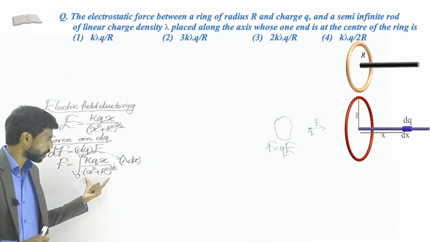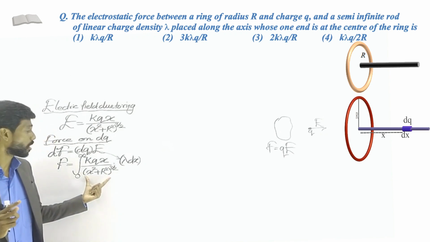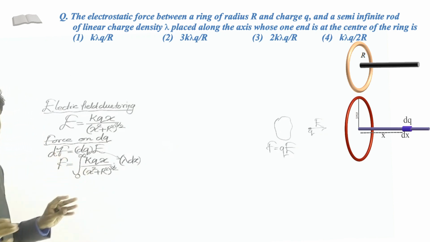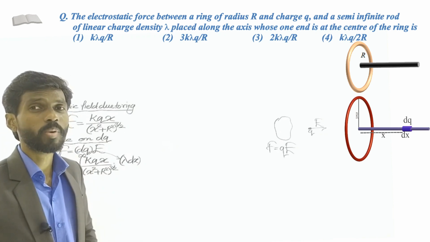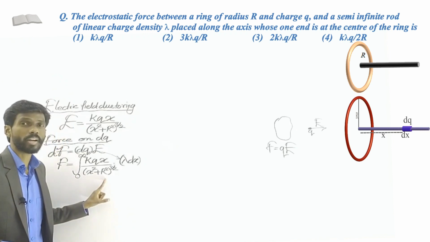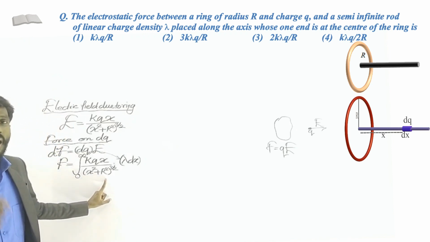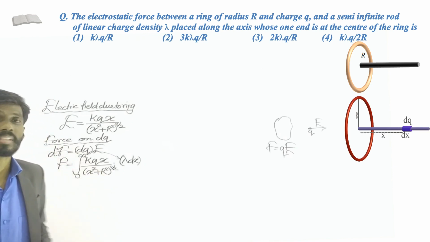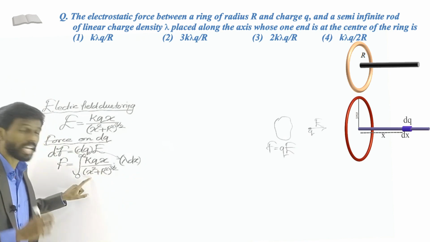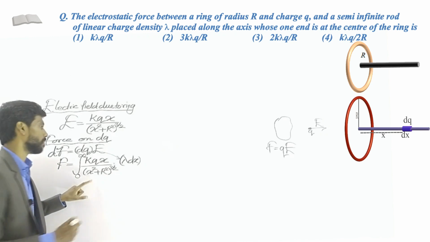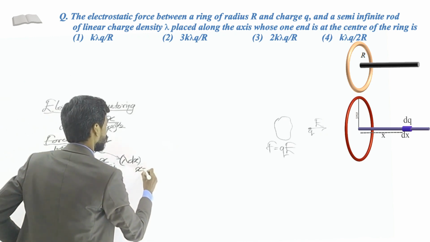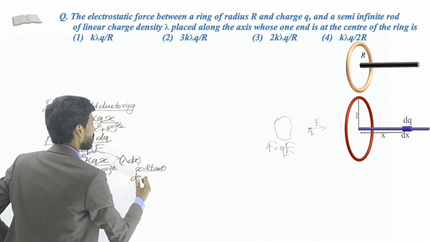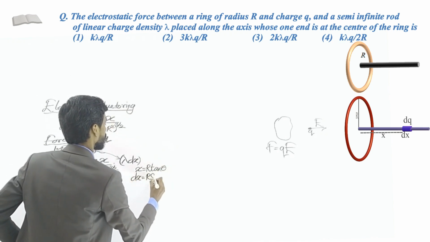See, we have to know this substitution, right? Trigonometric substitution. The moment you see the x squared plus a squared form, we can substitute some trigonometric expression here. So what can you substitute? X squared plus r squared. So you have to substitute x equal to r tan theta. Then only you will get 1 plus tan square theta, which can be written as secant square theta. So simply substitute x equal to r tan theta, so that its derivative will be